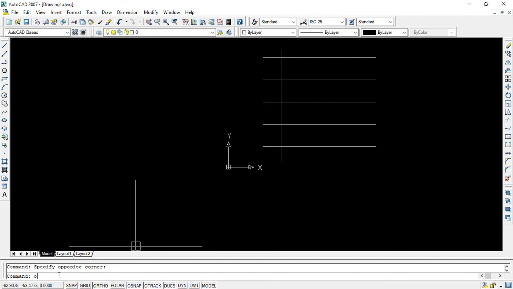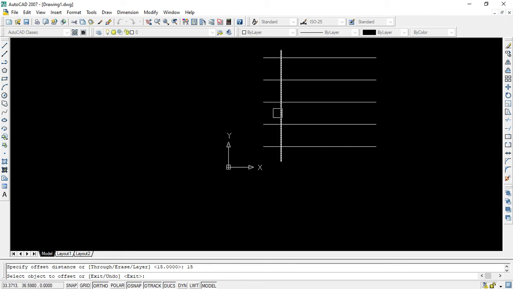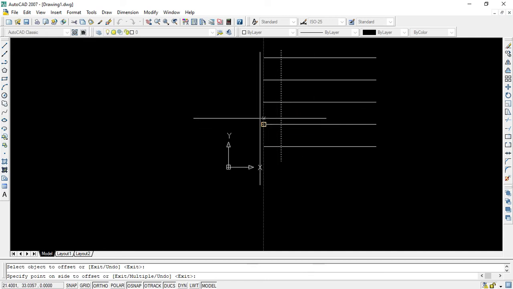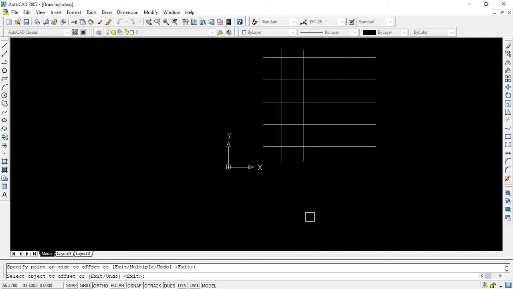This time I am simply going to put O. Then the offset distance in the X direction, I am going to put 15, then I will press enter. After that I have to choose, select the object to offset. So first I will select this. Which direction do you require, in this direction or in this direction? I require this direction, so I will simply left click of your mouse.